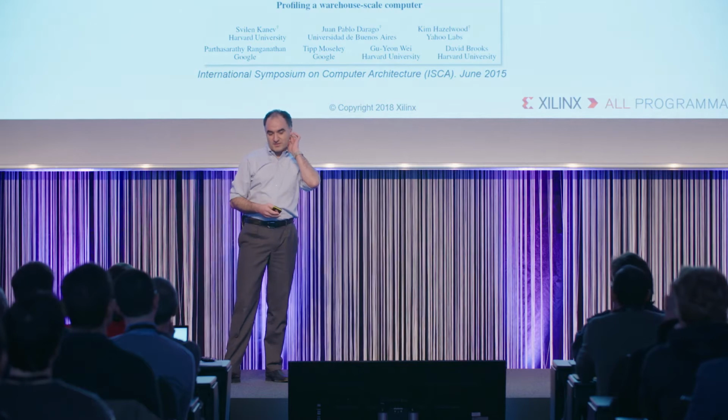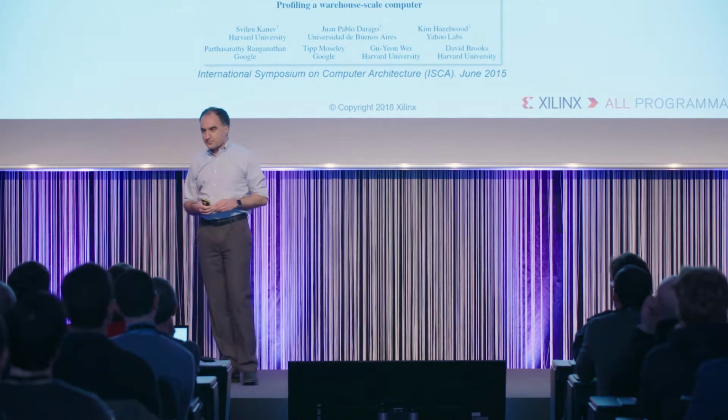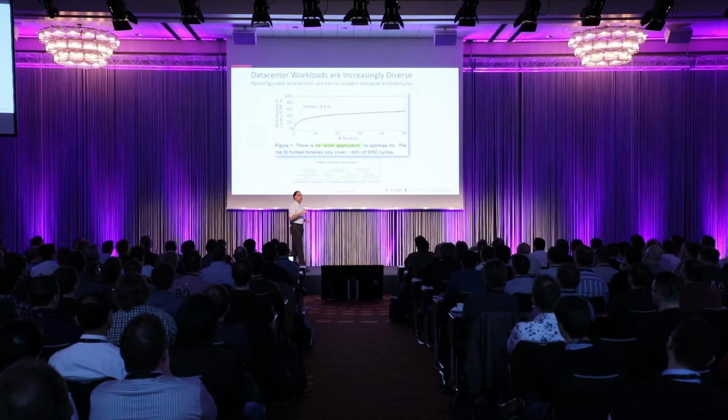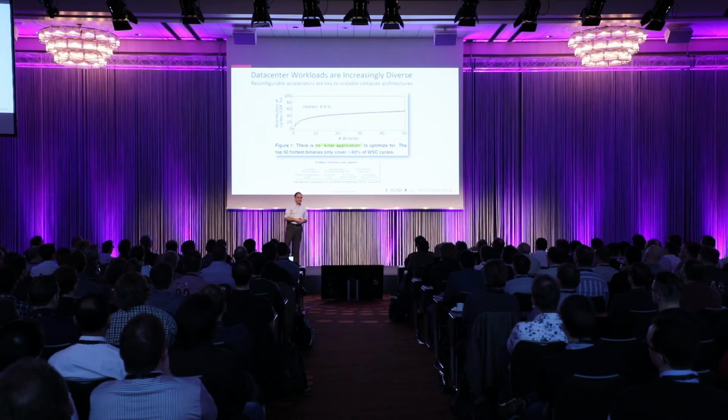What I'm showing here is from a paper from Google, where they analyzed their own workloads in their own data center over a period of 4 years. And you know that Google seems to have a few killer apps, right? Like search, for example, or video transcoding for YouTube. However, what they found out is that their hottest app, which is probably either search or video transcoding related, only takes 9.9% of their entire CPU cycles in their data center. That's the hottest one. After that, it goes down.